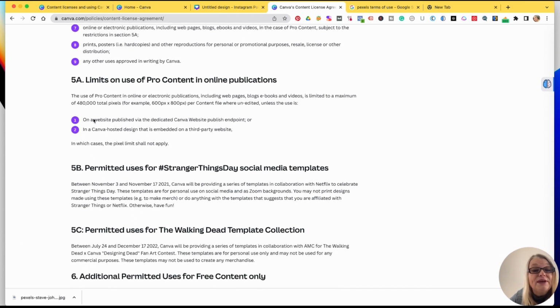The use of pro content, including your web pages, blogs, ebooks, videos, is limited to a maximum of 480,000 total pixels. So that's like 600 pixels by 800 pixels per content file when unedited. Okay. So this is, unless it's on Canva's websites, of course, but this is the tricky thing.